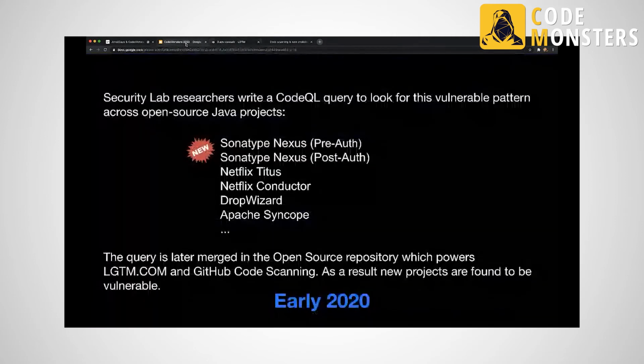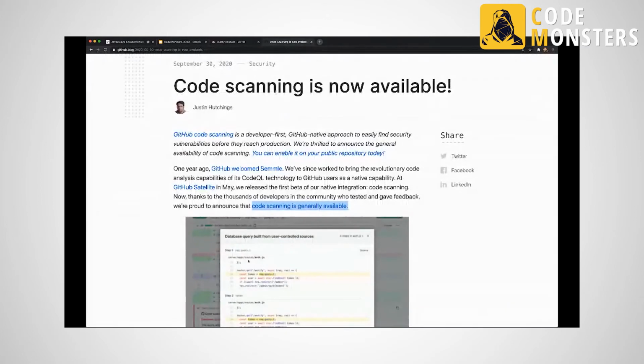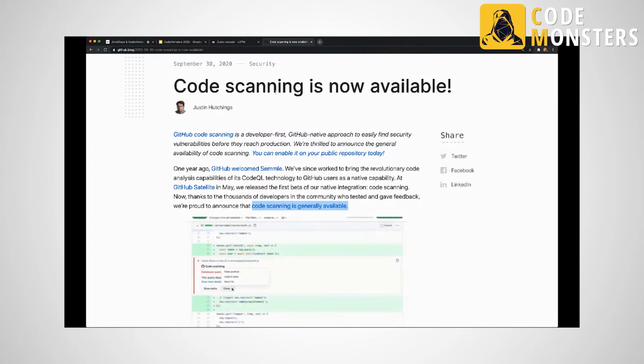So the other thing that I was mentioning is GitHub code scanning. I don't know if you are familiar with GitHub code scanning. It was enabled back in September. It basically enables you, if you go to the security tab in your